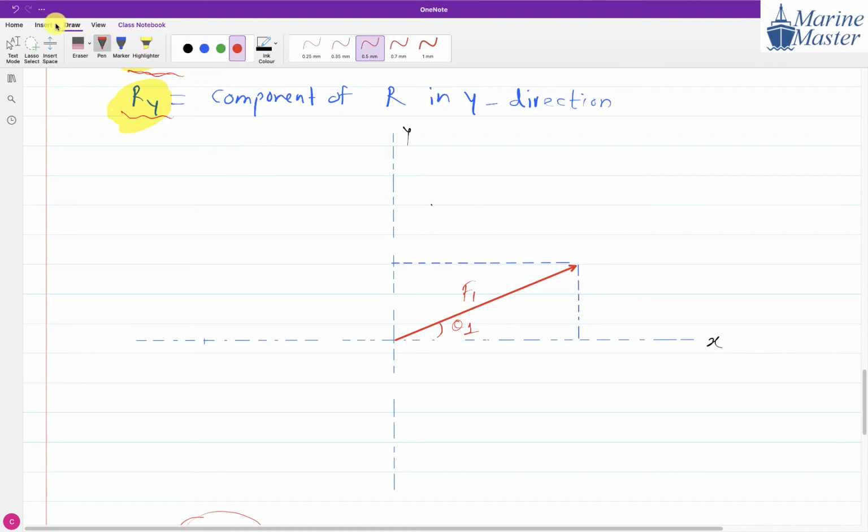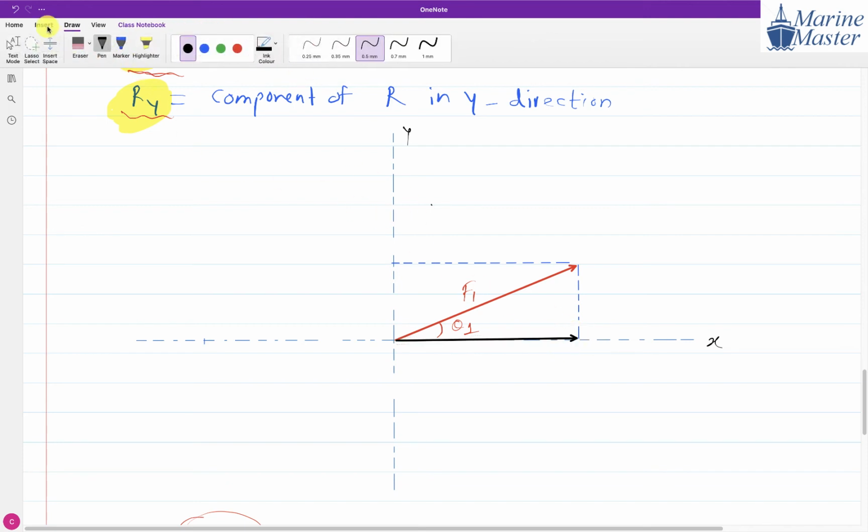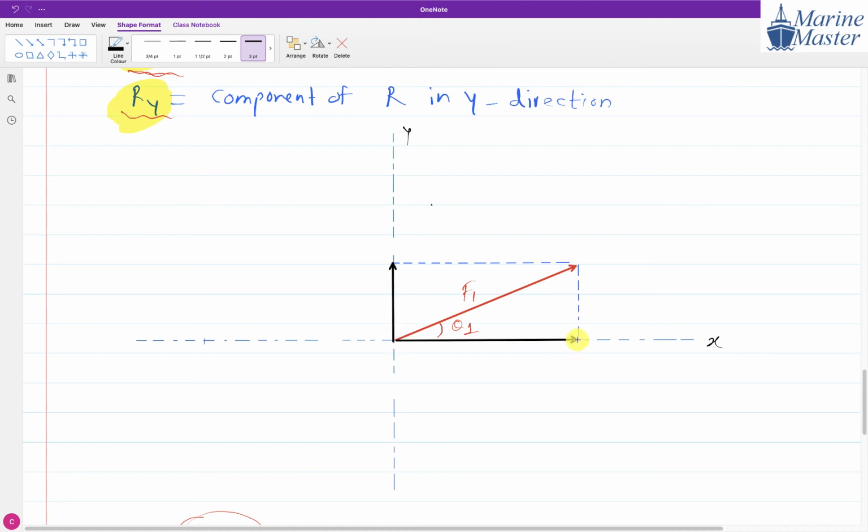Now this F1 will have two components. One component is in the X direction, and another component is in the Y direction. Any doubt in this discussion? No sir. You got the meaning of component. So in this way we got the components of